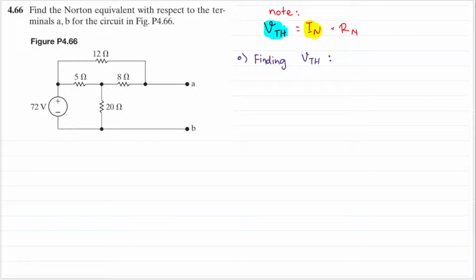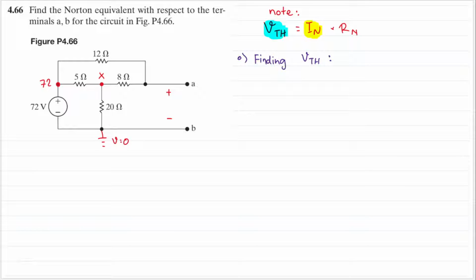Okay, we need to find out the open circuit voltage in this terminal. Okay, let's set this bottommost node here as our ground. So the voltage here will be 0. But then this is 72 volt from the ground. So this node here has 72 volt. And then let's name this node here as node X. Yeah, let's do X. I think that's good.